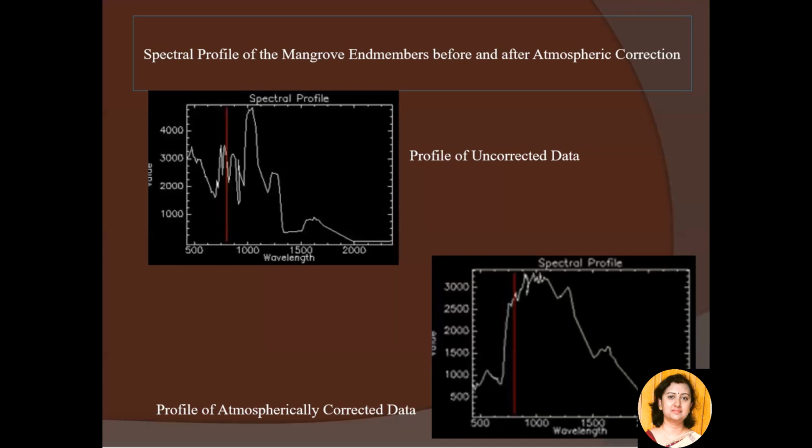So with this, we come to an end of the session of atmospheric correction using the QAC, or Quick Atmospheric Correction, module. In the next session, we will continue with the atmospheric correction process and see a demonstration of the correction using the Flash correction module. Thank you and see you in the next class.